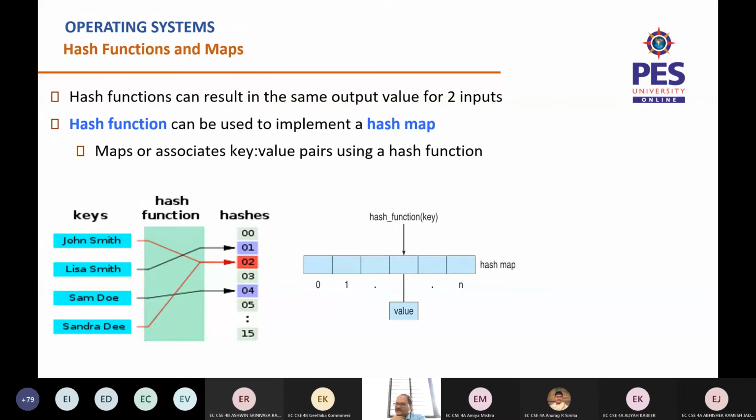On the other hand, let us say that I had thought about the string length as a hash function. If I have taken the name string length, then what is the problem? Say Amogh, AMOGH, is going to have 5 characters. So string length being 5 will get you Amogh.